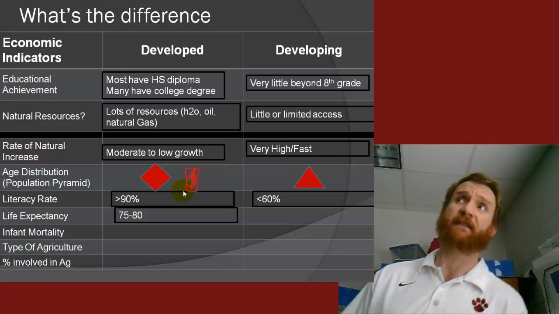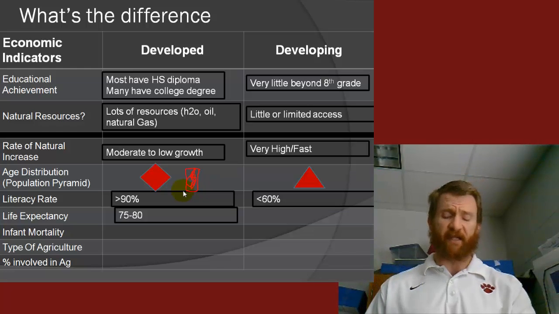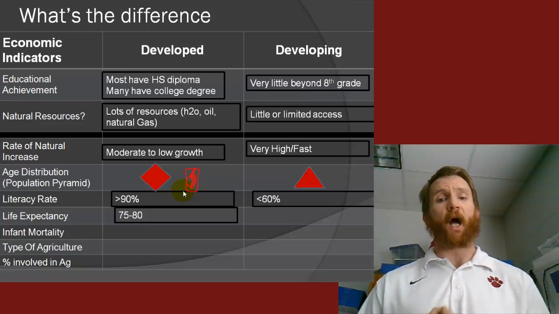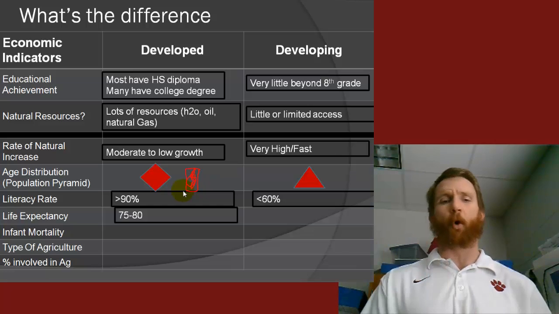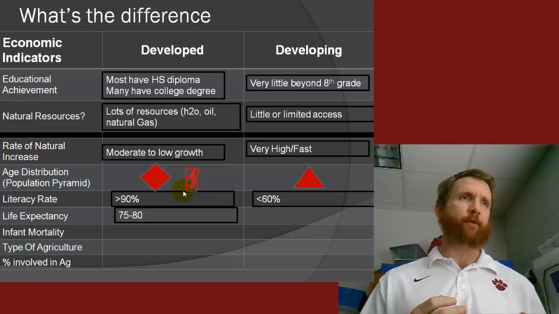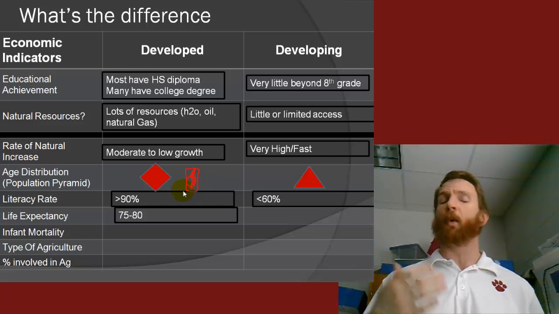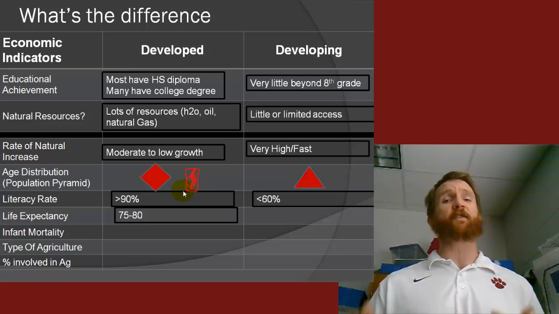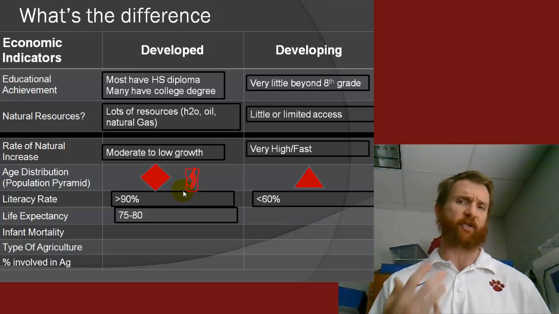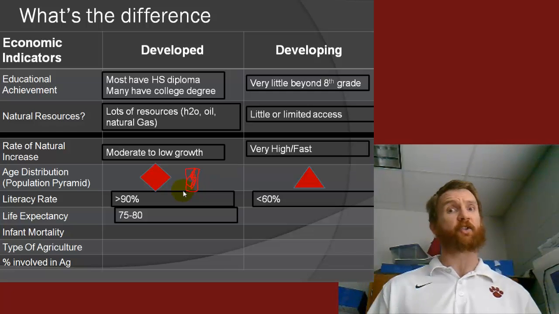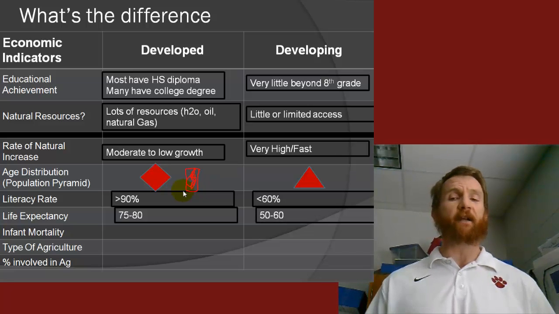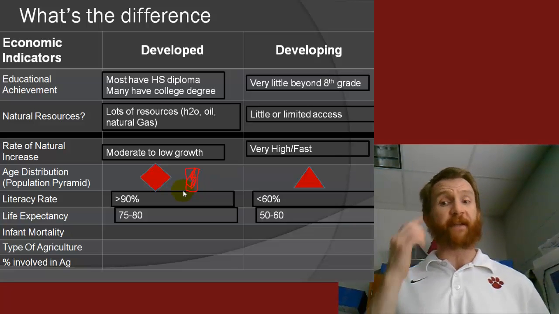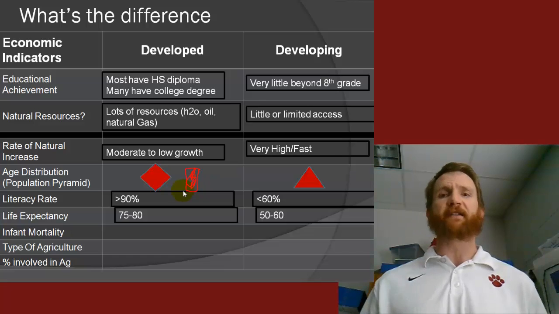Life expectancy in a developed country is between 75 and 80 years of age, and you can expect to live that long because of better health care. You have more access to doctors, clean drinking water, things like that. You don't have as much stress in your life. You don't have to farm every day. Your job doesn't involve that. If you work out, it's because you choose to, not because you have to put food on your plate. In a developing nation, we're looking at anywhere from 50 to 60 years old as the life expectancy